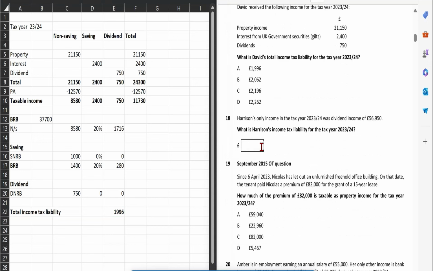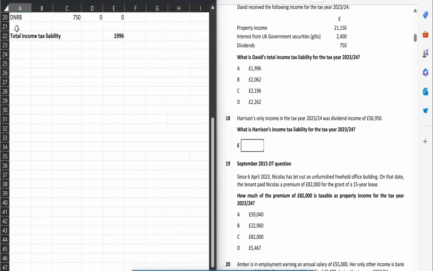Similarly, for question 18, we have to calculate the income tax liability for tax year 2024, and the only income he is having is dividend income. So it's also quite easy. The tax year is 23/24, and he only has dividend income. So dividend income is